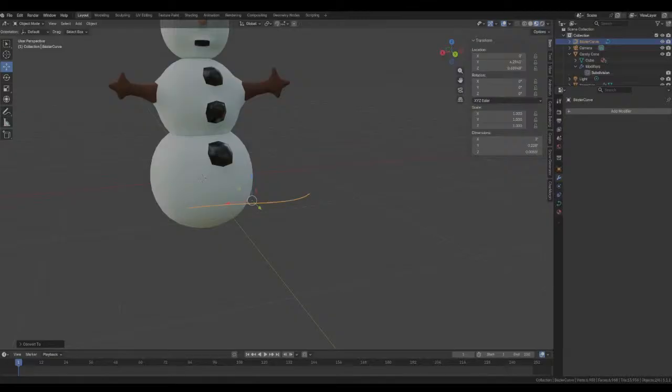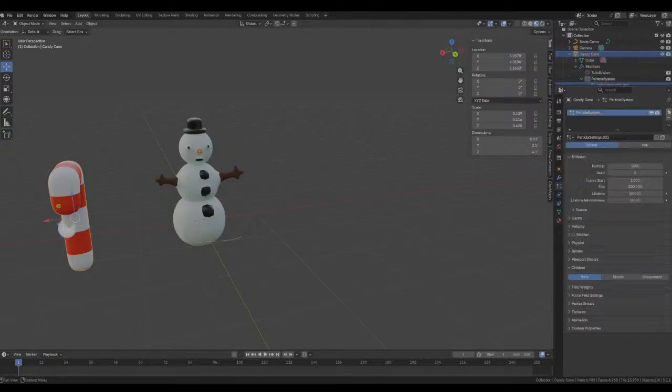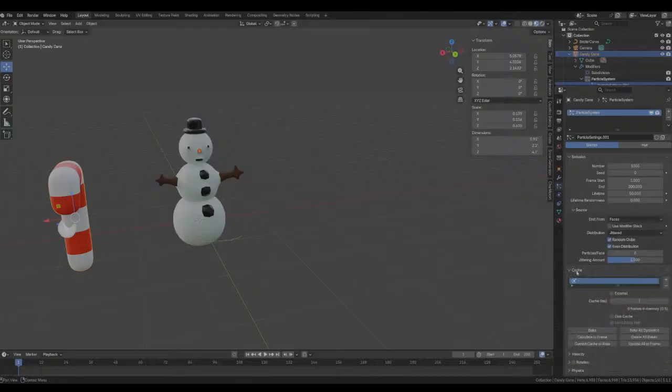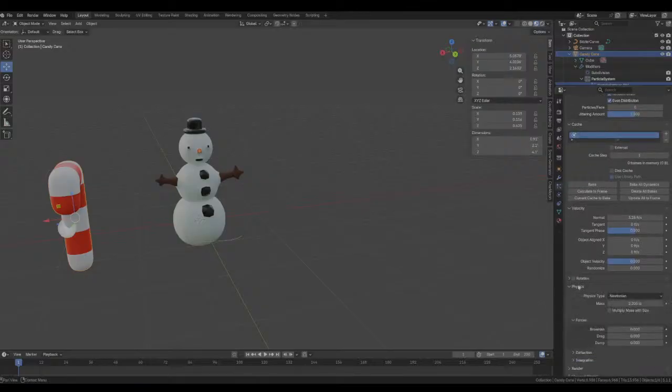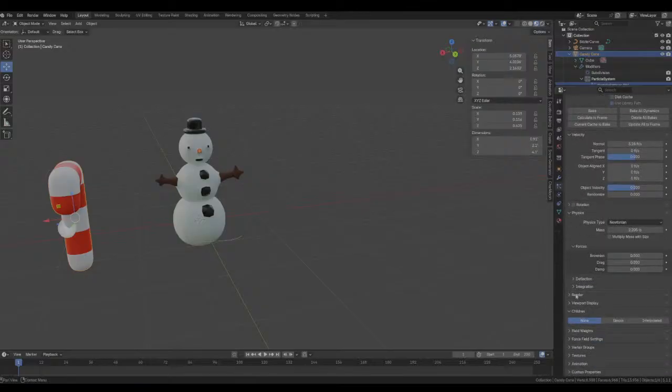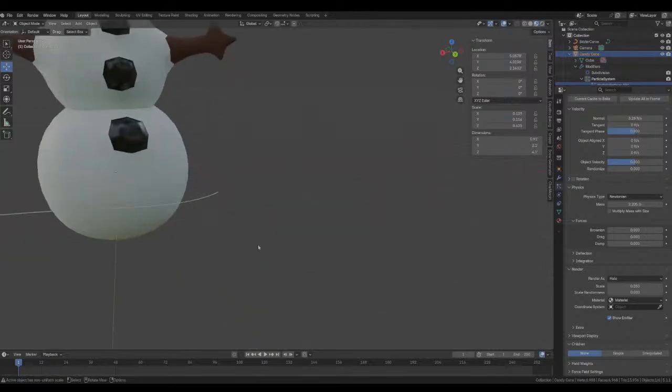Oh, I'm stupid. I just remembered. Okay, so I gotta click this, and then I gotta add a particle system to here. And then I gotta change something over here to fix that. Physics. Ah, there it is. That's what it is. Okay.